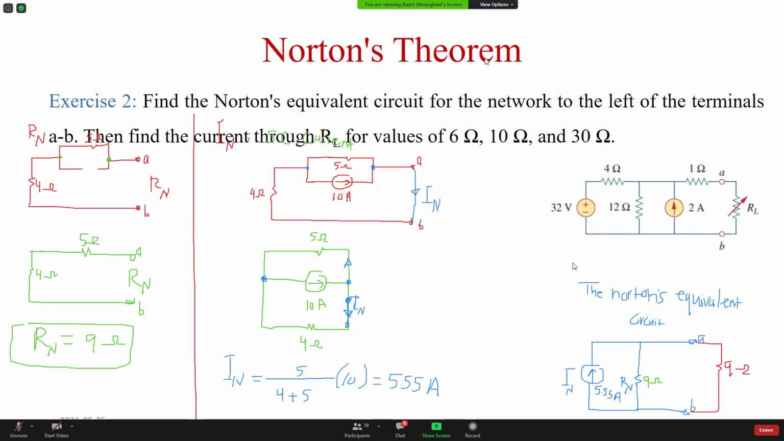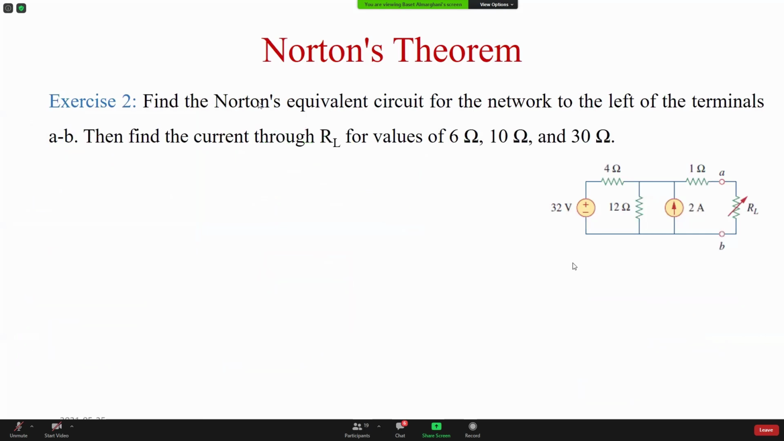We will see. Okay, so again, find the Norton equivalent circuit of this network left of the terminal. The RL is not included. Once we find the equivalent circuit, we can connect different resistors to it, which is an easier circuit, and we can find the current here. If we connect 6 ohm here, it's difficult to find. If we connect 10, it's difficult to do the analysis. 30, difficult to do the analysis. So we're going to do the equivalent circuit, which is the answer at the end,